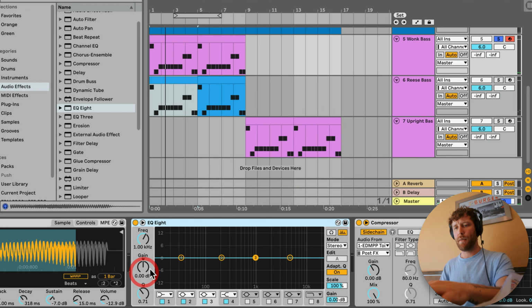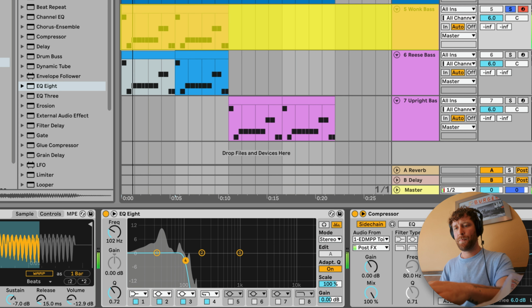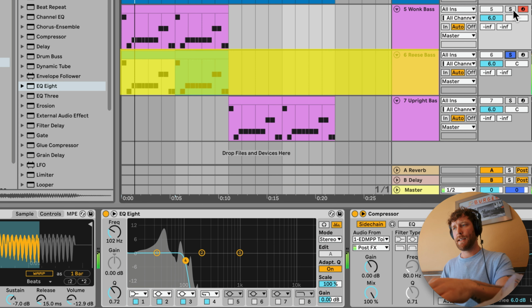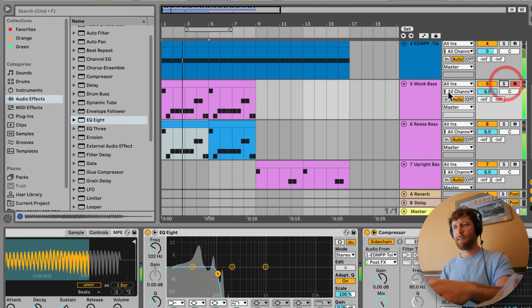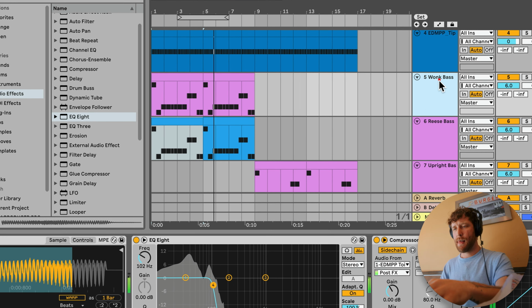So we can even drag an EQ8 onto this and scoop out, do the opposite of what we just did. So the wonk bass is just 100 and below. And this one is 100 and above. So together they sound like this. And that's kind of like the secret, honestly, with EDM bass in general, is having a separate layer that's